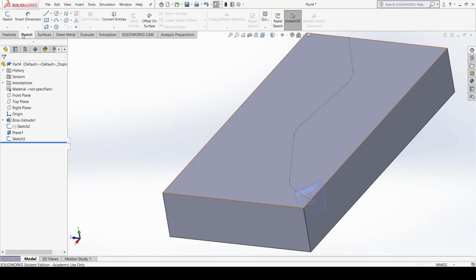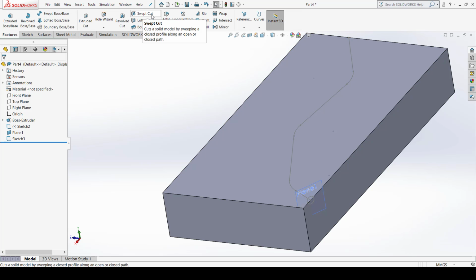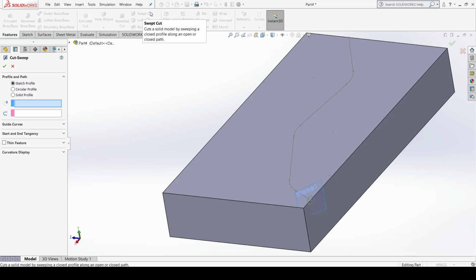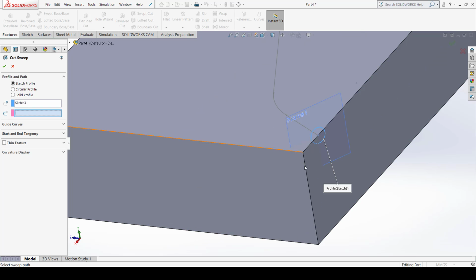So what I do, I just go to features again. Now select the swept cut command. When I select the swept cut command, first of all I have to define the sketch profile. So this is my sketch profile. This circle is my sketch profile which cuts the material. Then second, I have to select the